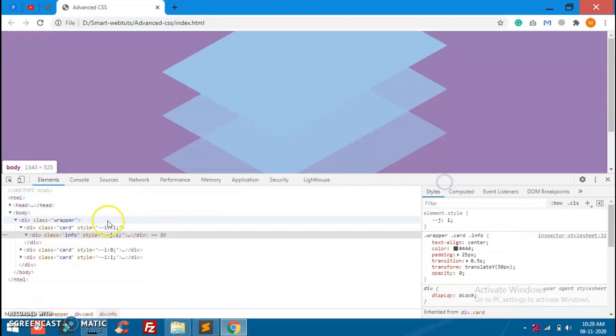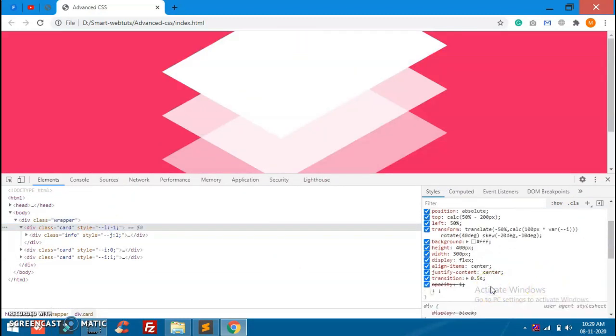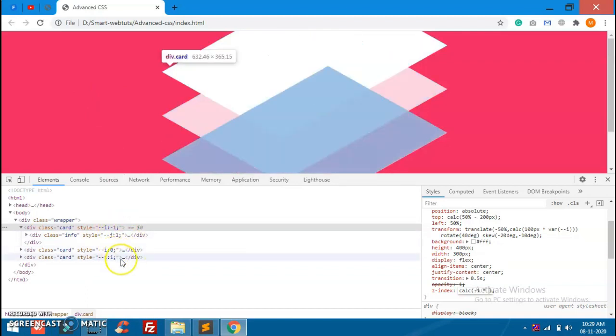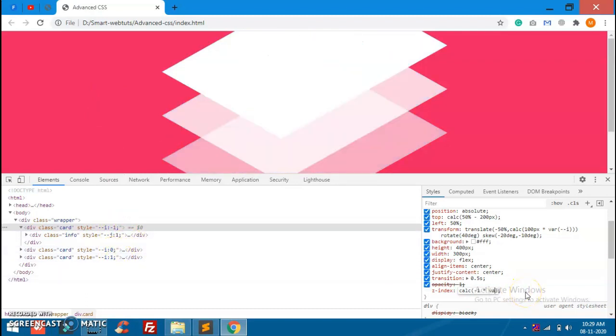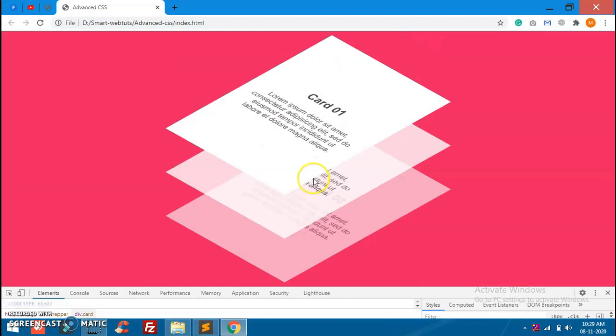So let me explain. In the card there is some conflicting CSS appearing, so I am adding z-index -1, but still these are not appearing. So let me calculate a value for each box, which is -1 multiplied by each card's value, which is -1, 0 and 1. So I am adding a variable value, which is minus i. As you can see, this is appearing